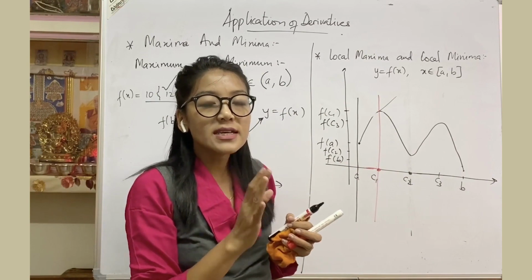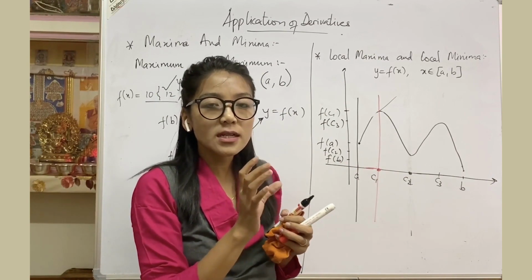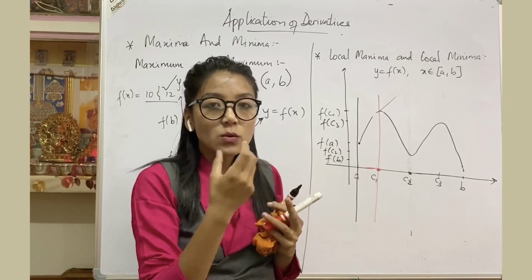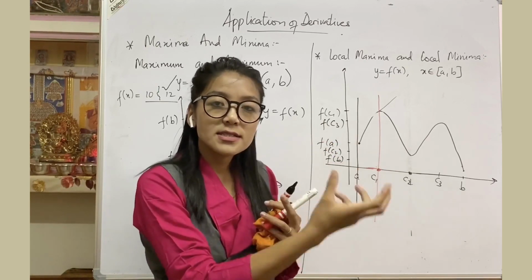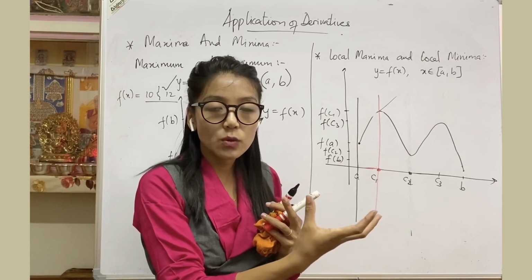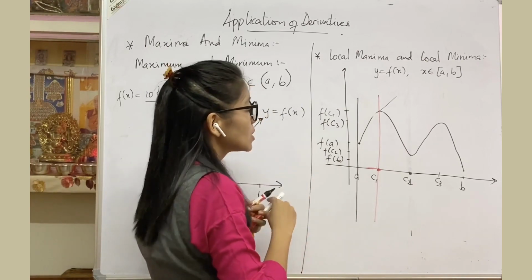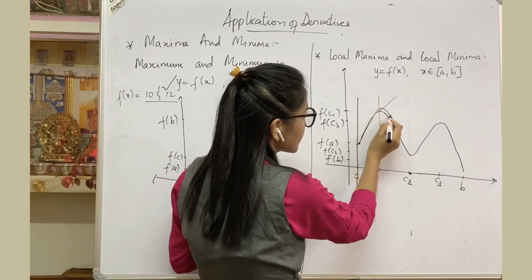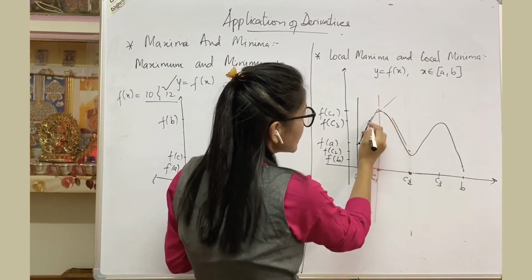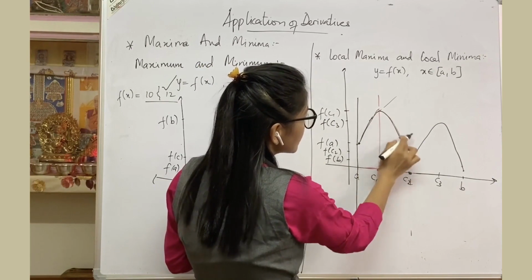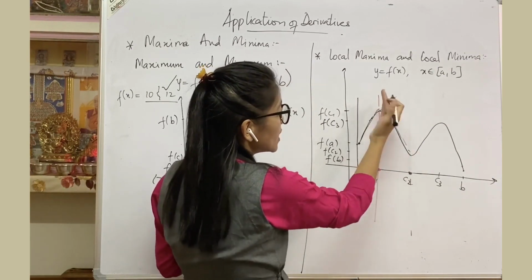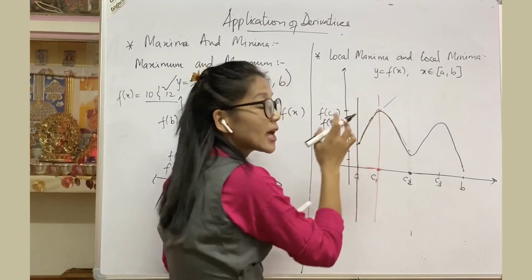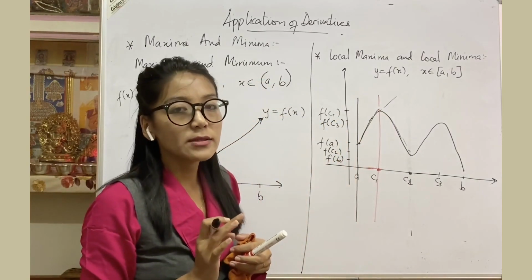Okay, so when we say local maxima, you should study the nature of the function on both sides of C1, on the left hand side and the right hand side of C1. When you say the local maximum value of the function, your function should be like this. It will increase on the left hand side, and then it will start decreasing on the right hand side. Is that clear? So taking A to C1 as your interval, you will not get f of C1 as the local maximum. That you have to remember.